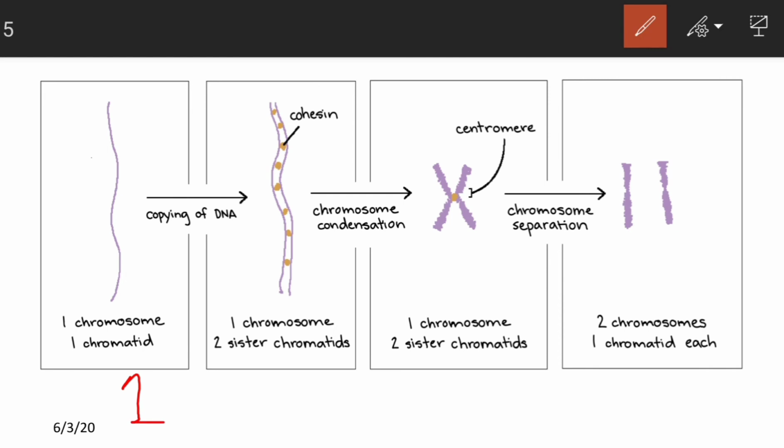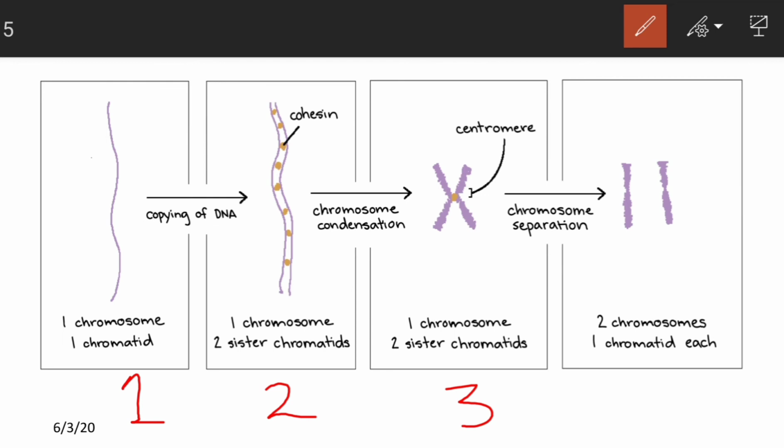Before cell division, when the cell is ready to divide, the chromosome or the DNA multiplies. So the chromosome gets duplicated in picture number 2. Here the single chromosome has created one more copy of itself, so one chromosome consists of sister chromatids. And in picture number 3, what has happened? This chromosome has converted itself into a completely condensed form. Here it has one chromosome with two sister chromatids.